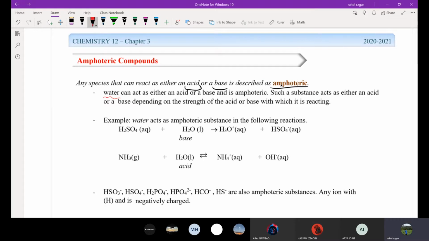Why are they acting as an acid or base in different places? It depends on the strength of the acid or base it's reacting with. For example, if it's reacting with something that has a higher acidity than itself, then the